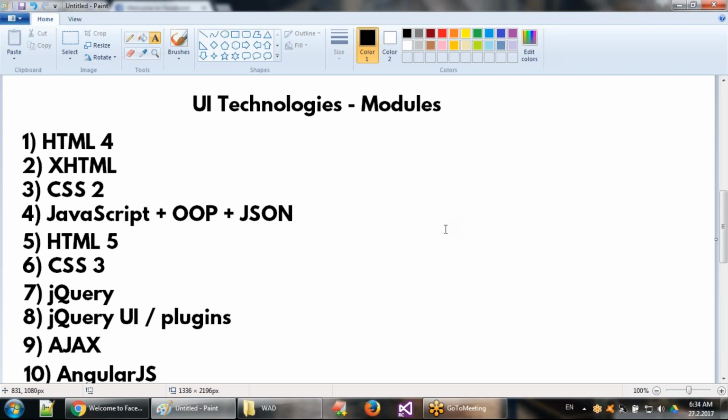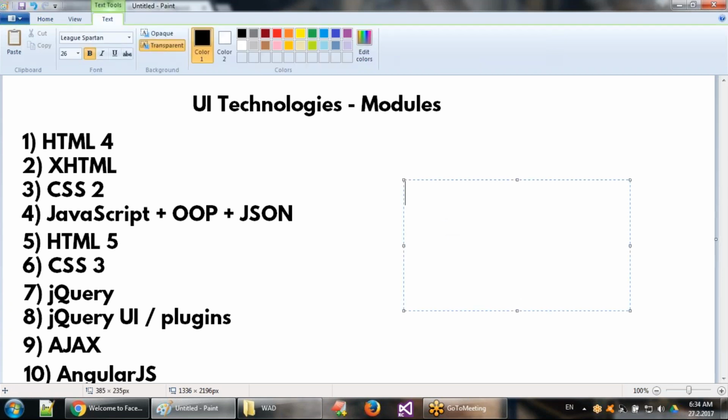Plus, these UI technologies are common for any server-side knowledge. You may go for Java, you may go for .NET, you may go for PHP, anything on the server side. These UI technologies are common. Plus, if you don't know Java, .NET, PHP on the server side, also no problem, because only based on these UI technologies you can apply for a job as a front-end developer